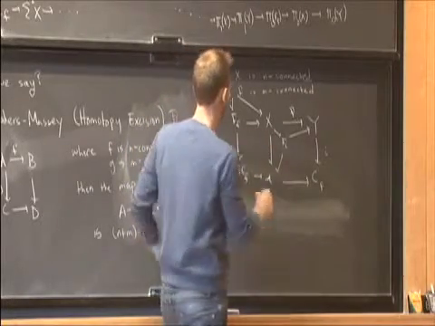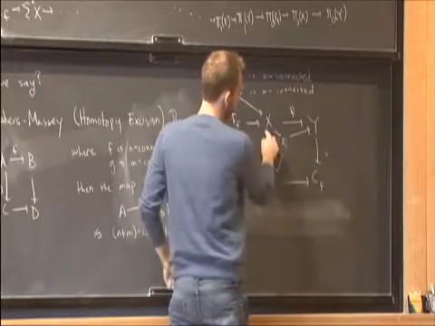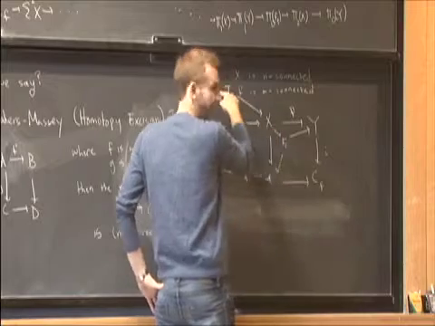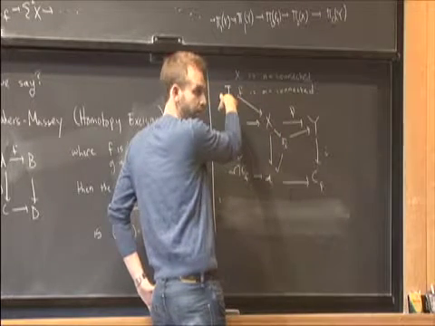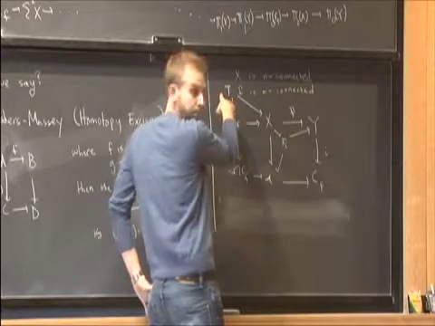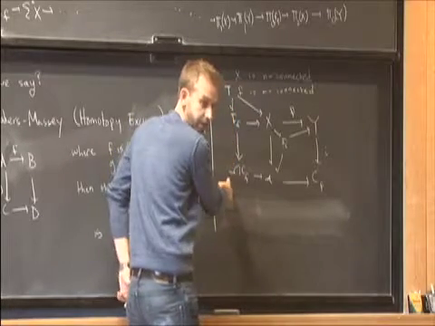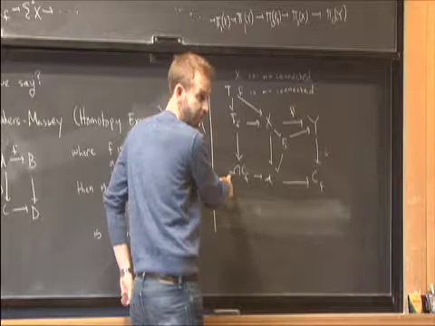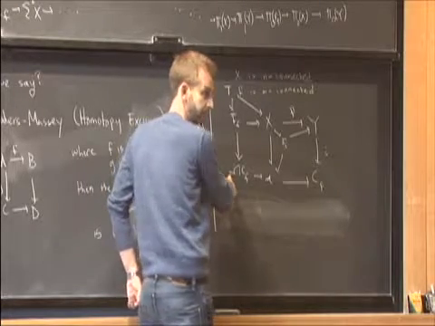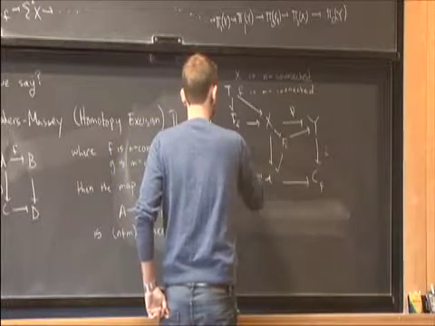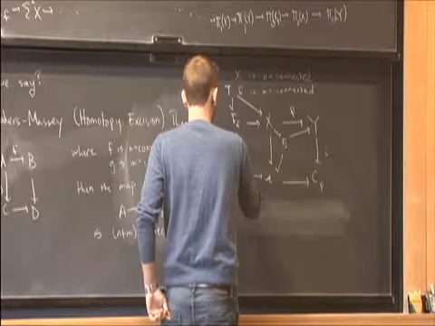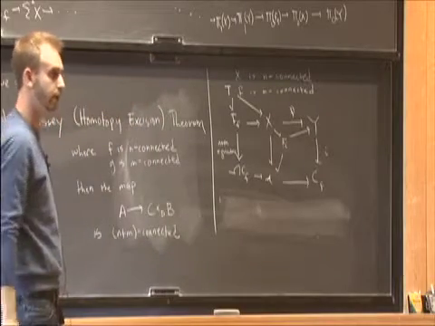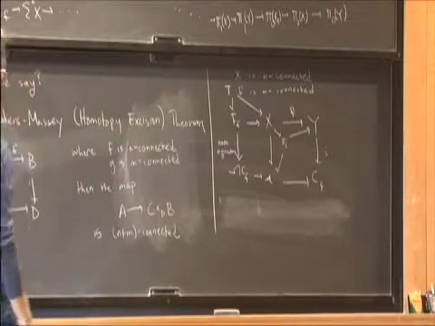Sorry, yeah. Okay, so anyway, if this map is n plus m connected, that means n plus m of the homotopy groups of T vanish. But since it's also the fiber of this map, that means this is an isomorphism in homotopy groups up through dimension n plus m. Agreed? So this map is an n plus m equivalence. Okay? This is just a sort of restatement.